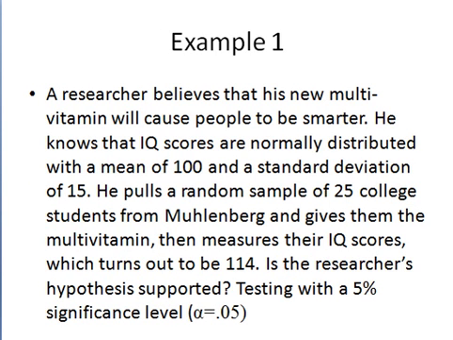So let's go through an example to make this a little bit more concrete. Hopefully this will help clarify a few things, because up until now I've been talking about this in a very abstract sort of way. A researcher believes that his new multivitamin will cause people to be smarter. He knows that IQ scores are normally distributed with a mean of 100 and a standard deviation of 15. He pulls a random sample of 25 college students from Muhlenberg and gives them the multivitamin, then measures their IQ scores, and the sample mean turns out to be 114. Is the researcher's hypothesis supported? Test with a 5% significance level. So alpha equals